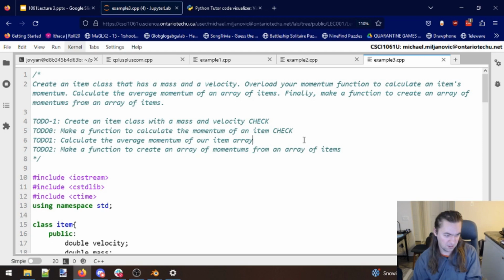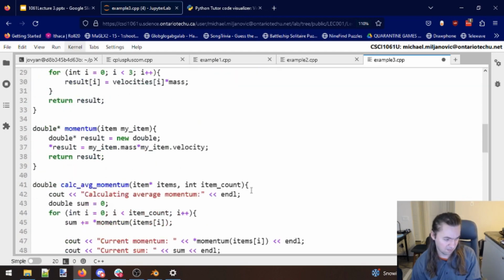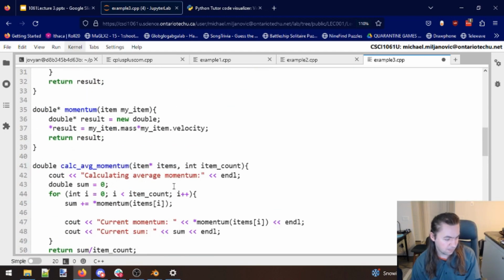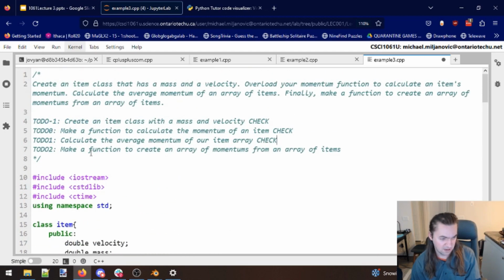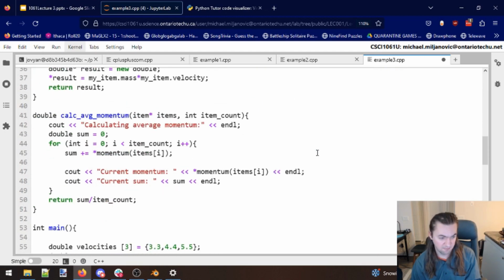I forgot to do that. So this is done. Create my average momentum from an array of items. I can do that. Now I need to make a function to create an array of momentums from an array of items. So